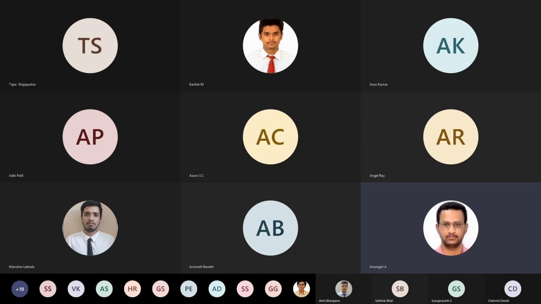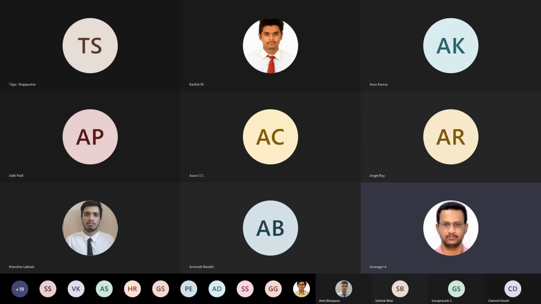Whenever we explore the design of a reaction vessel or storage vessel, these points can also be included from a design point of view. Normally, once you find the volume of the vessel, if it is cylindrical, the volume is pi by 4 d square h: cross sectional area times h gives the volume. That is only the cylindrical portion.